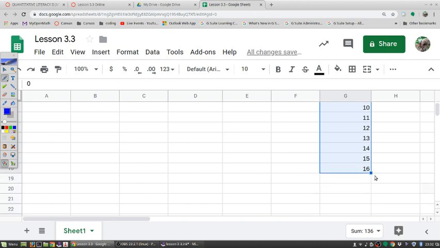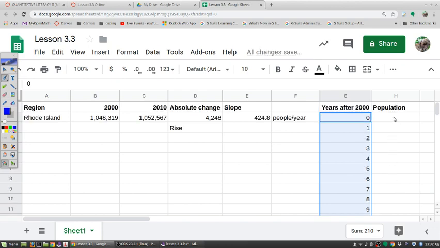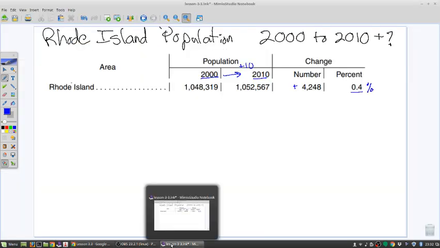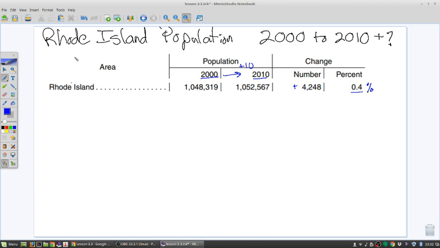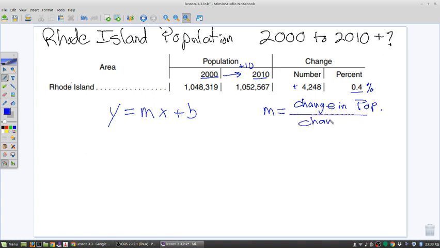And actually, I want to keep going. I want to go to 2020. There we go. And the formula for this, let's do a little calculation. So I want to come up with something like y equals mx plus b. And my m, my slope, is going to be my change in population. That's going to be my change in y over change in years. And so I have a change in population of 4,248 over 10 years, which gave me that